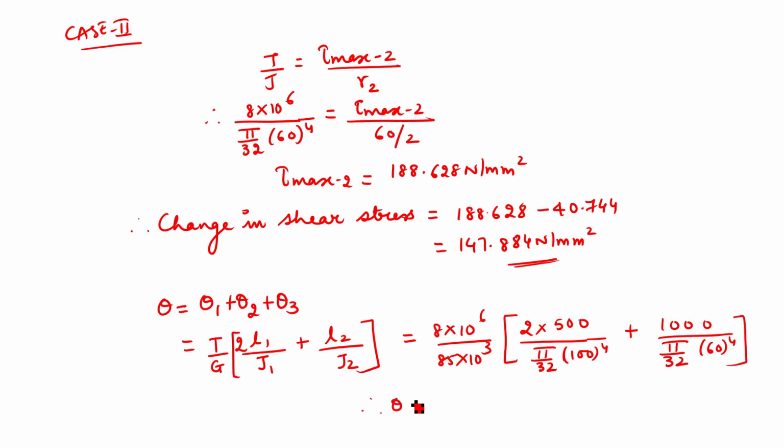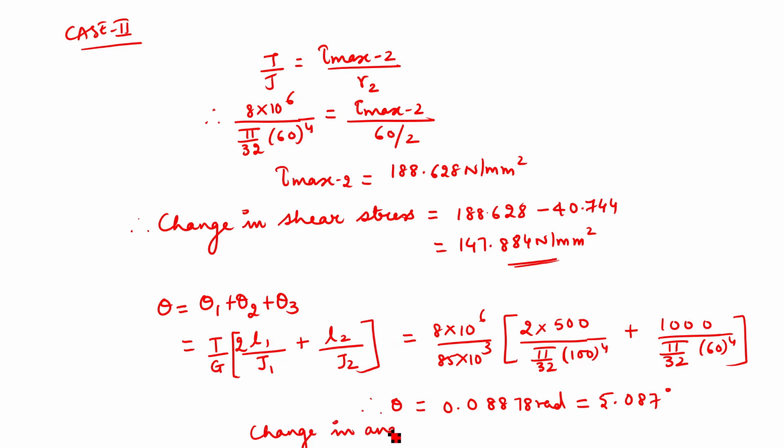Therefore, I get the value of theta as 0.08878 radians. You can convert this into degree by multiplying with 180 by pi. You'll get 5.087 degree. So when I have to calculate the change